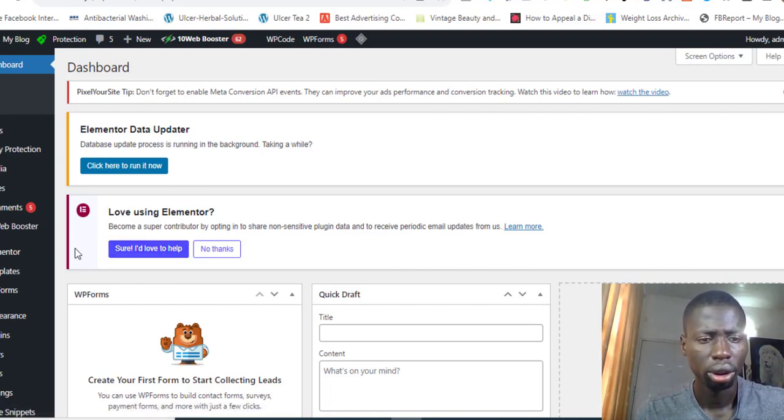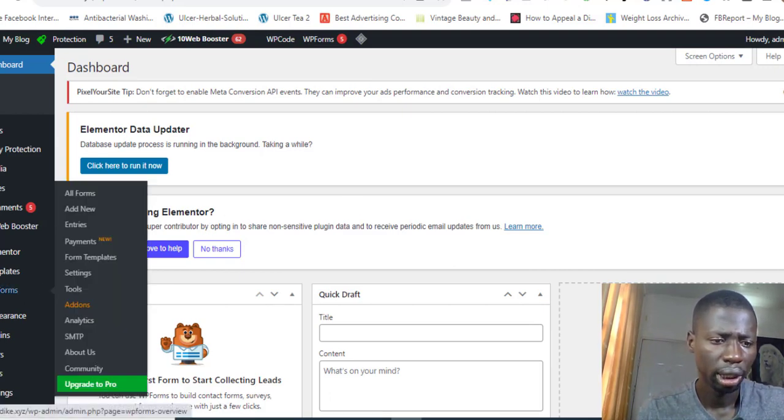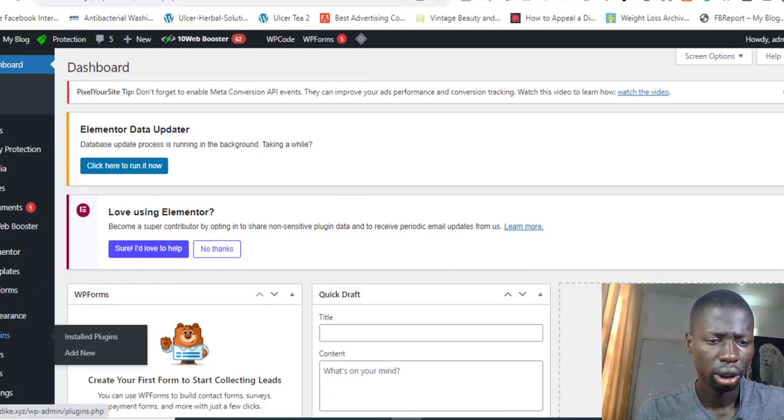dashboard. And I'm going to tell you one of the plugins you need to have is the Elementor plugin. And Elementor is a plugin that is meant for building pages. So let me quickly show you how to get Elementor. You want to go directly straight to plugins, which is this. Go to plugins, just highlight on it